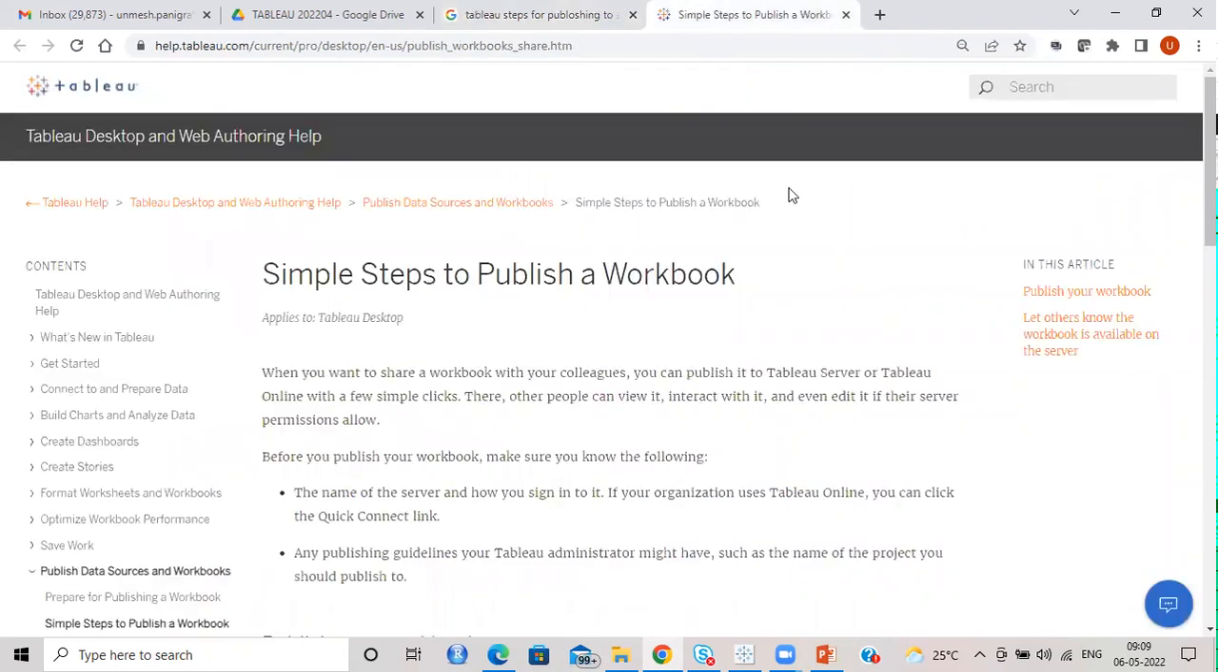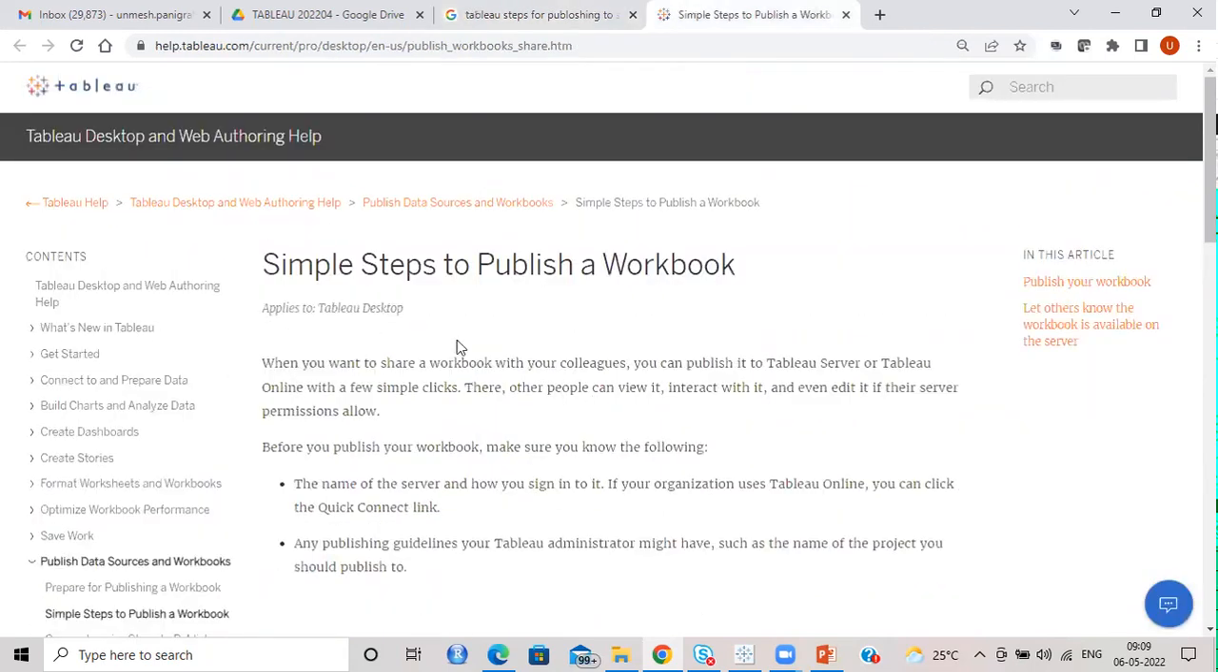Okay, so simple steps to publish a workbook. When you want to share work with your colleague, you can publish it to Tableau Server or Tableau Online. Mostly, if you're working in a big organization, it is always Tableau Server. Till now, I have not worked with Tableau Online. Mostly the startups or small companies may use it because they don't need to maintain